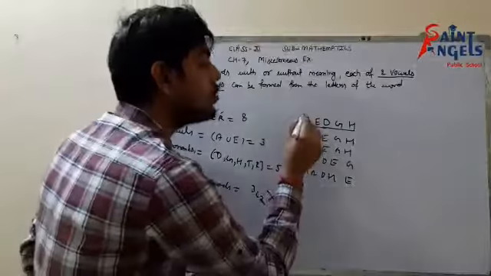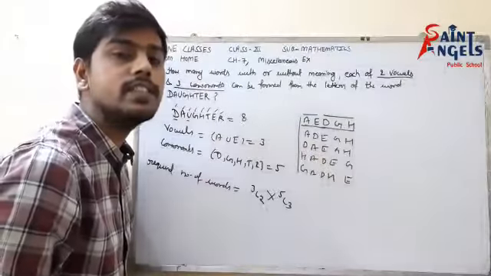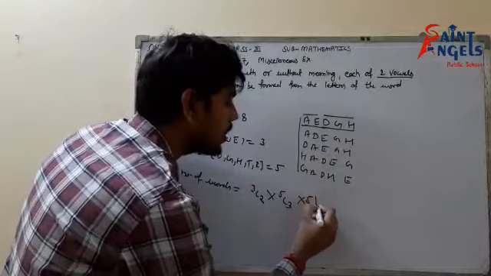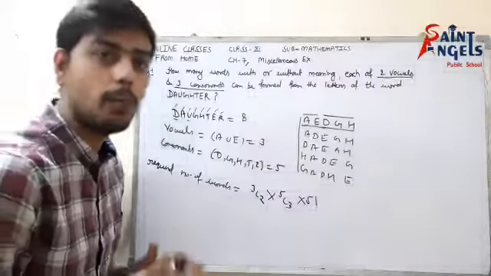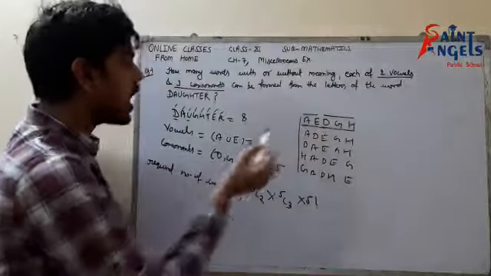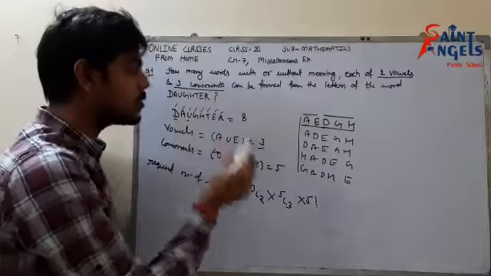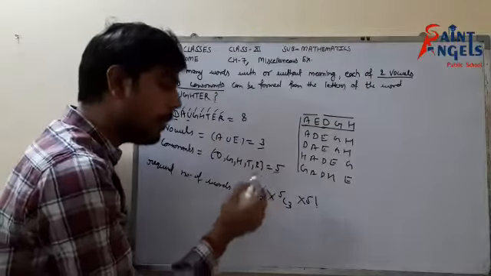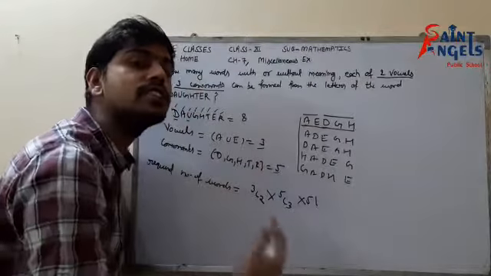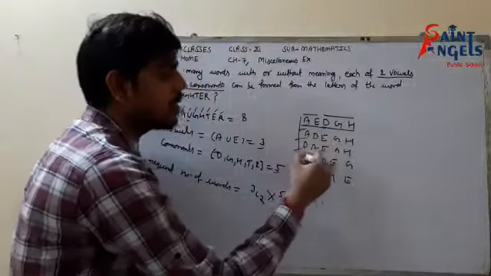So we have basically two vowels and three consonants. These five letters can be arranged in how many different ways? In 5 factorial ways, into 5 factorial. Now this is the required number of words. I hope it's clear. I'm repeating again. We have to choose two vowels out of three vowels, 3C2, and three consonants out of five consonants, 5C3. But these vowels and consonants will make a word of five letters which can be rearranged in itself in 5 factorial ways.